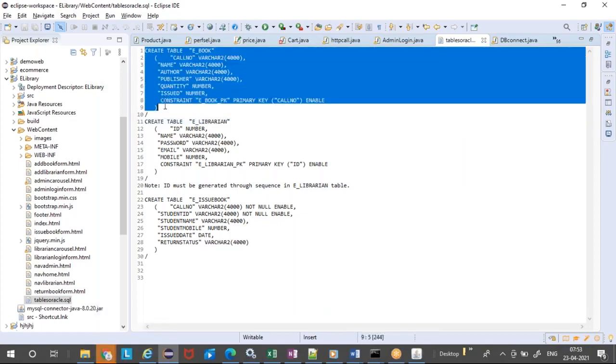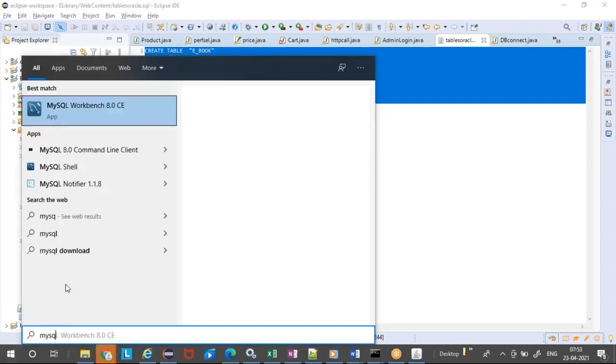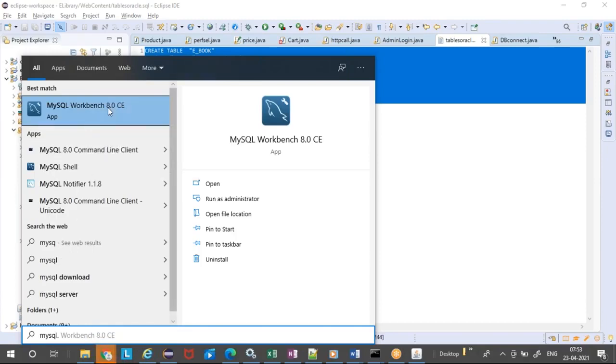In the MySQL Workbench, you can create the table easily. The basic things you need are Eclipse, Java, Tomcat, and then deploy this WAR file or this code and make it up and running.